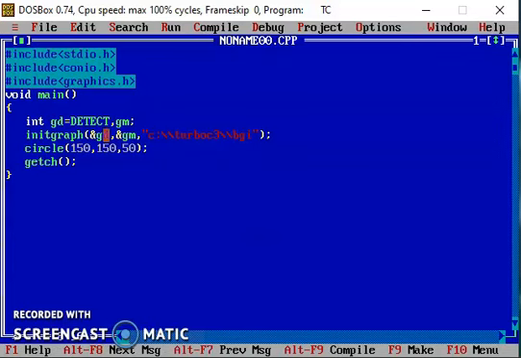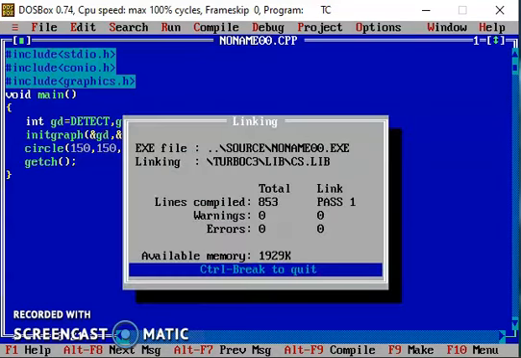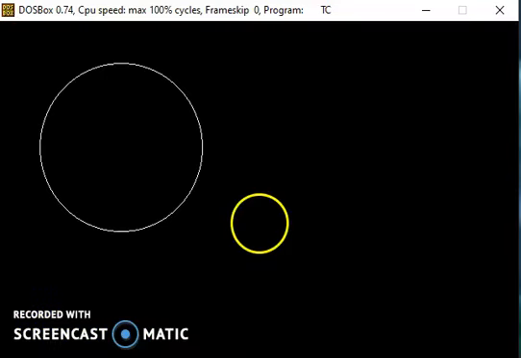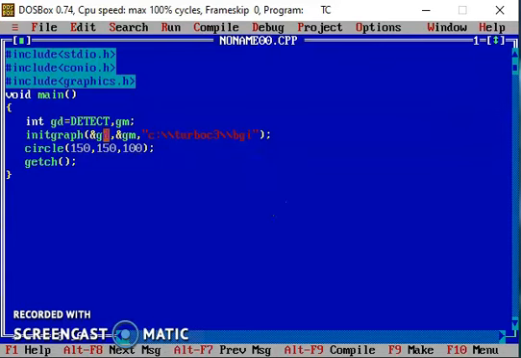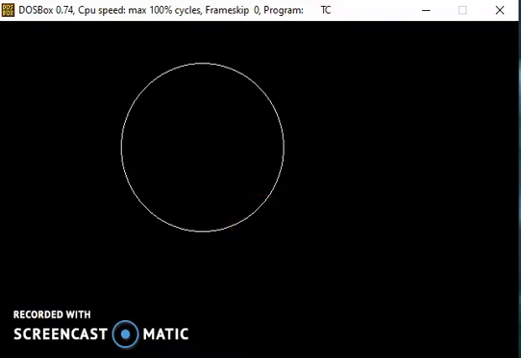If we increase the radius, I am changing it to 100, then we see the center is the same, but the size of the circle increases. If we change the position, or location, or x value, then horizontally it moves towards the right side. So the center decides the location and the radius decides its size.